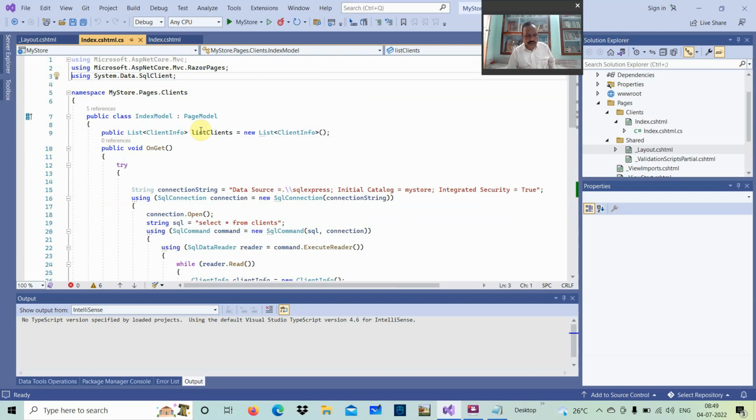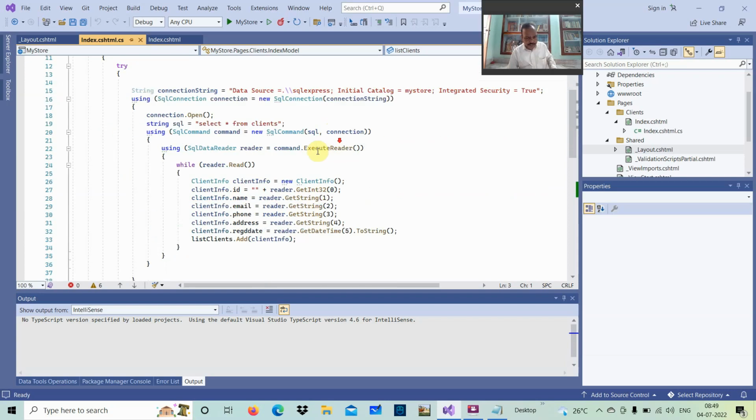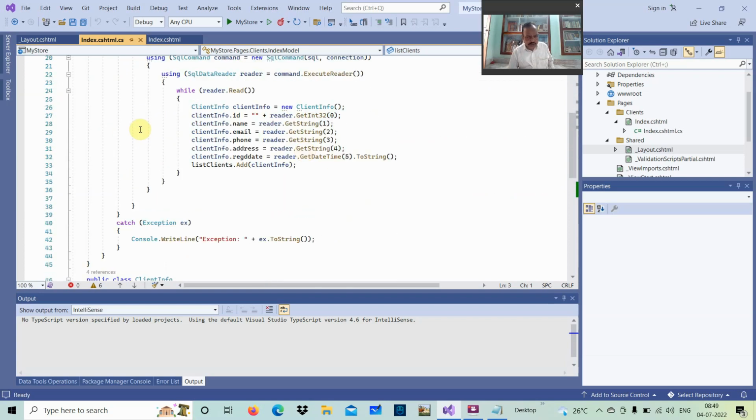Then another thing, when you go for this client information, you add another thing here below this public class index model. So public list client info, list clients, which is getting new list client info. Okay, so this is the method we are adding here, and then immediately we are coming to this while reader.read, then client info, that is the new client info I created here.